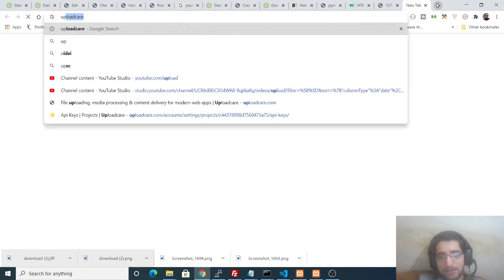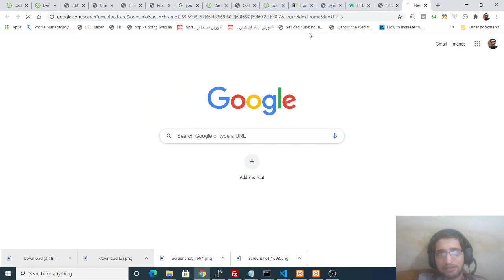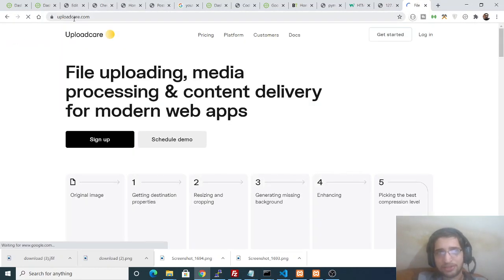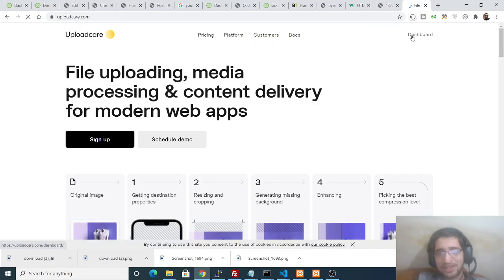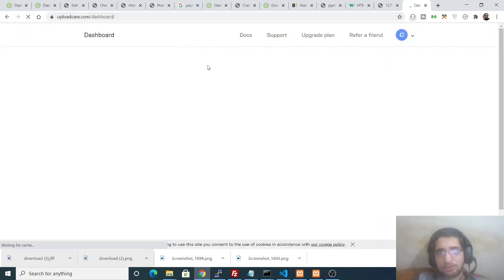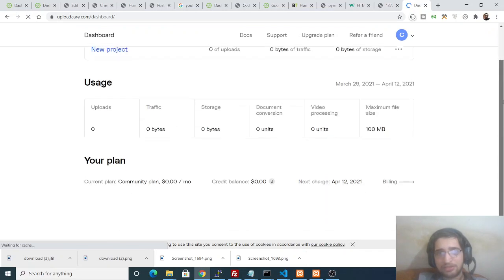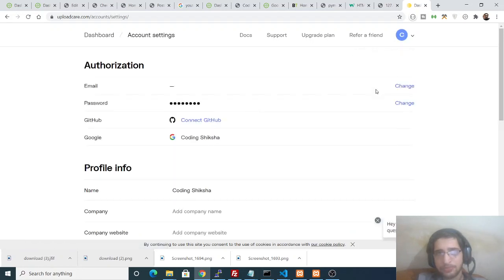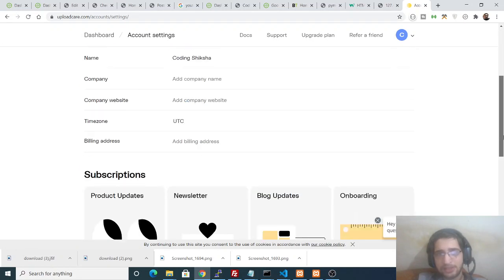And after registering, you need to go to the Uploadcare website, that I developed using the Uploadcare API here. You need to go to it, just sign up, and after signing up inside this website, you need to get your API key. This is very simple. After you sign up, you simply go to your account option. They provide a free API key as well.